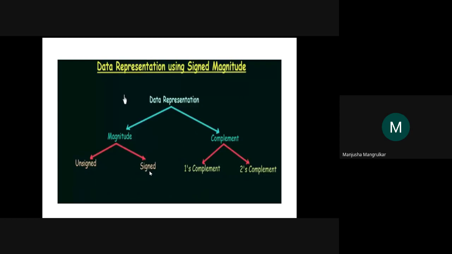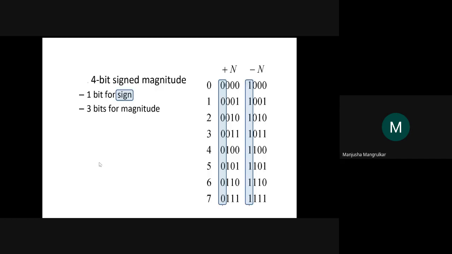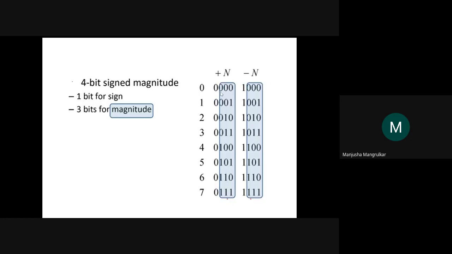Sign and magnitude: which is the magnitude and which is the sign. There is a 4-bit sign magnitude, right? The first bit is defined as the sign. If the sign is 0, the fourth bit is 0, that means the data is positive. We don't see the magnitude right now, but the data is positive. If the first bit is 1, that means the data is minus data, negative data. And these 3 bits are the magnitude. First bit is the sign and 3 bits are the magnitude.